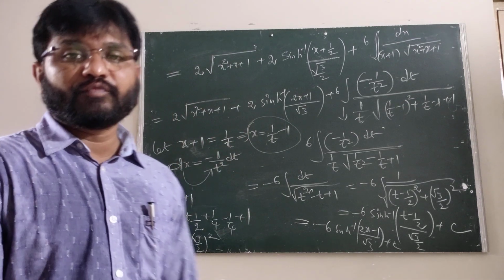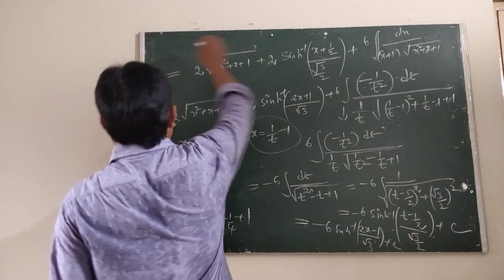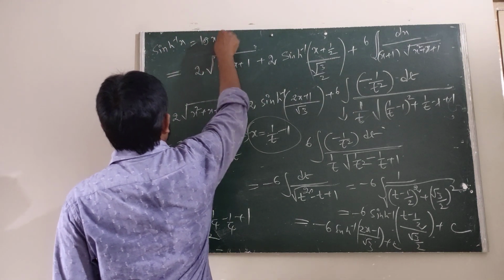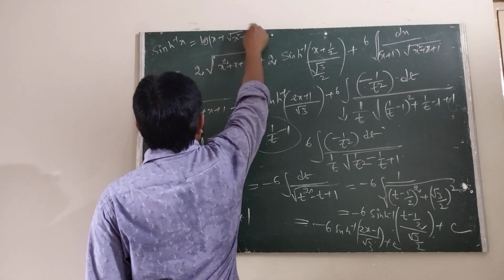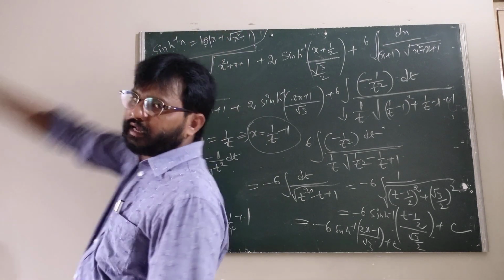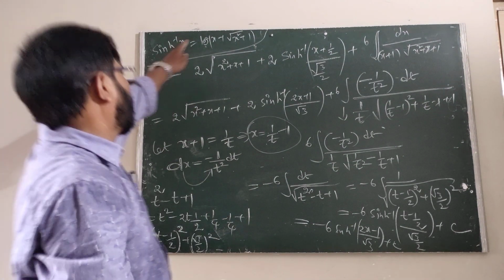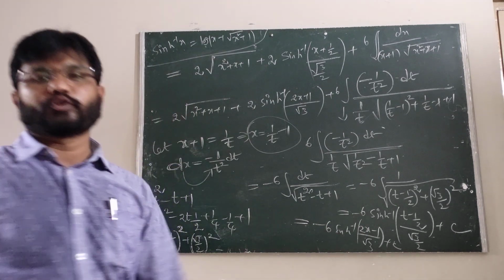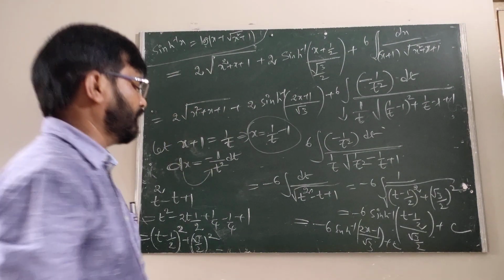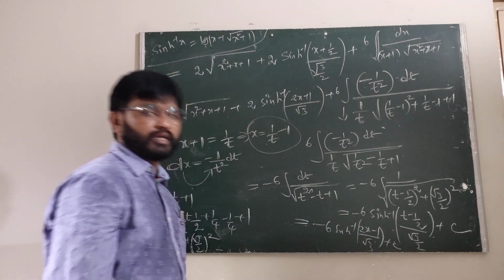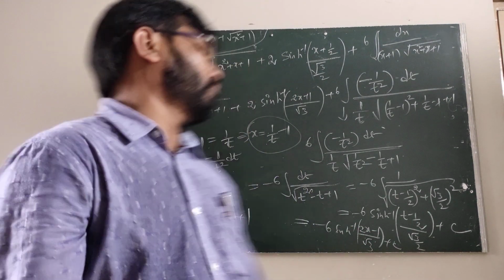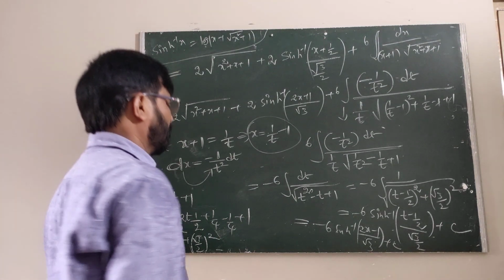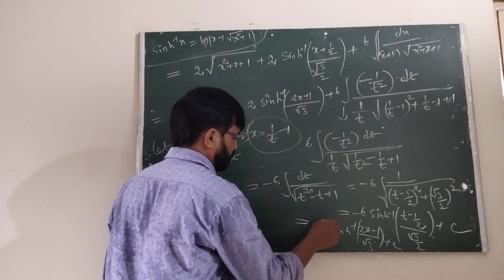We know that what is the form of sinh inverse of x? Everybody knows that in first year, the sinh inverse of x is log mod of x plus root of x square plus 1. If the answer is in terms of logarithm, we can write log mod of x plus root of x square plus 1. Now this is also log mod of 2x minus 1 by root 3 plus under root of 1 plus 2x minus 1 whole square by root 3. Is it okay? This is the answer. This is the final solution.